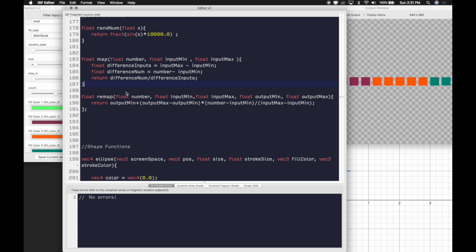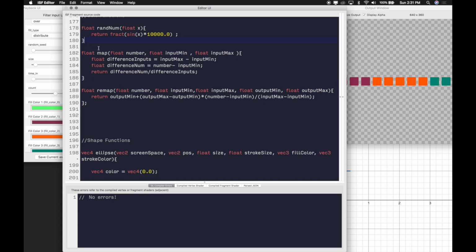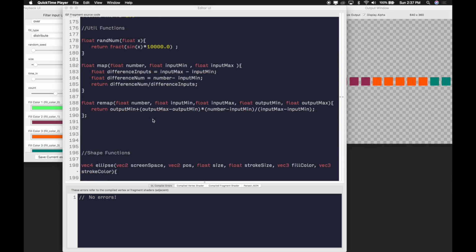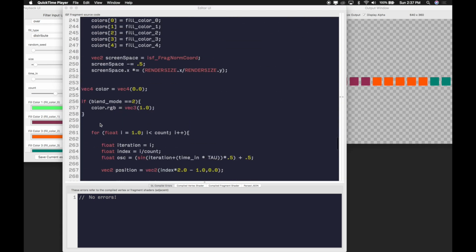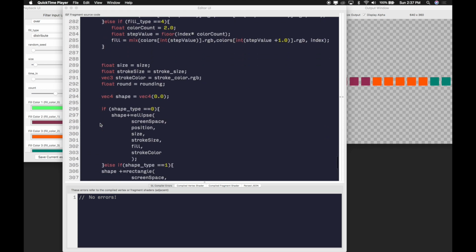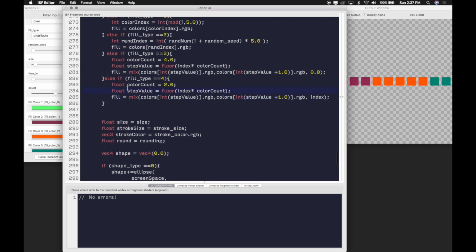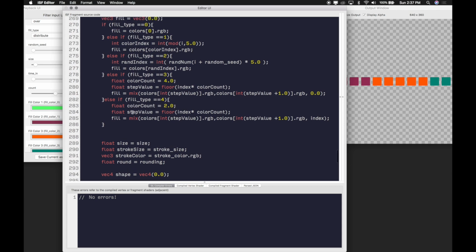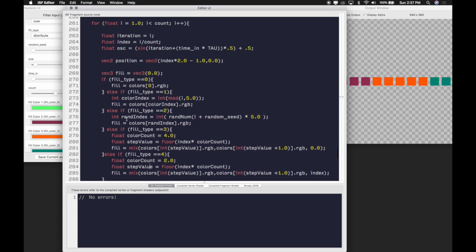So map and remap, another reason I'm mentioning these here is because they're super useful. You're going to use them all the time. So now we have our utility functions so that we can replace the index for our blend. And I think we've done a pretty good job of working out the logic here. Now you notice I'm repeating this a couple times, and anytime you find yourself repeating code, what you probably need to do is write a new function so that you can make reference to that function. So because I'm doing that, I'm going to come up here